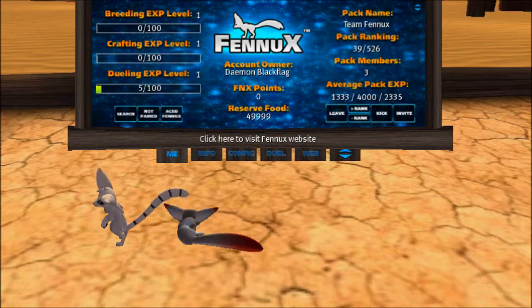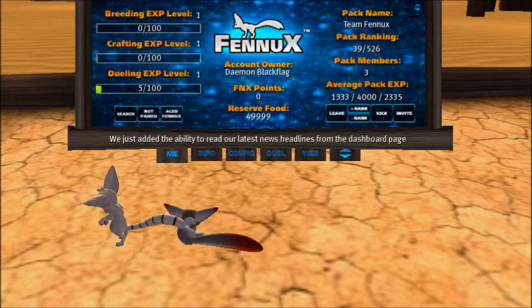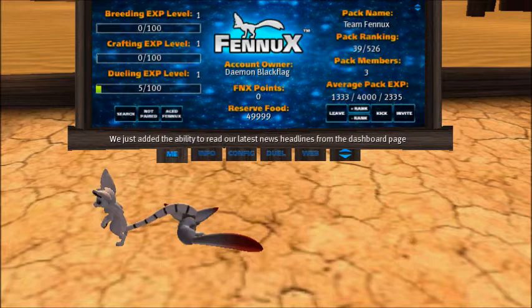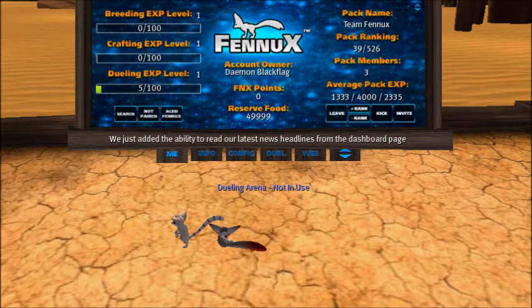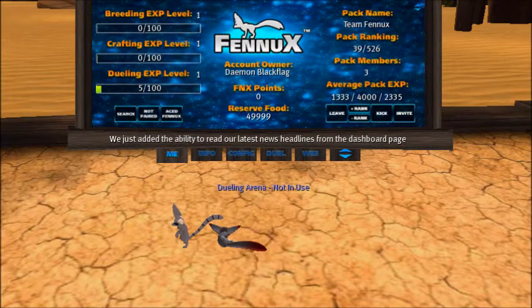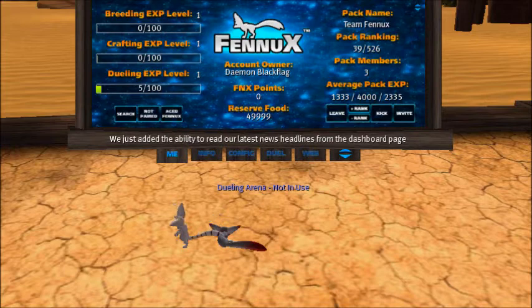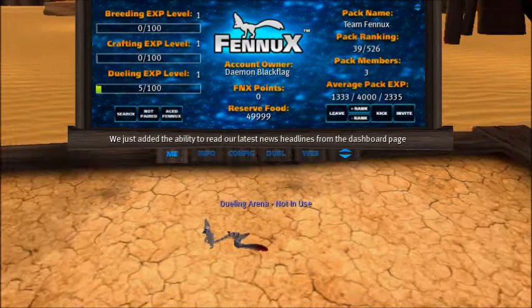So make your little NPC Fennux and res him out alongside another live Fennux if you want to duel by yourself. If you have a friend, skip the NPC Fennux entirely and have your friend res out their Fennux, have you res out your Fennux, and then put them by the dueling